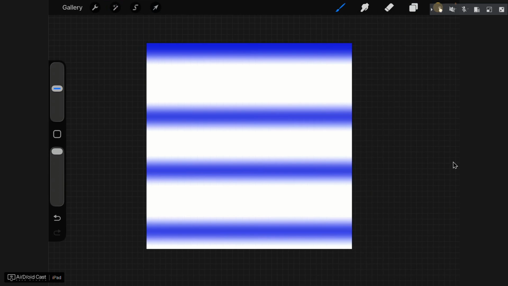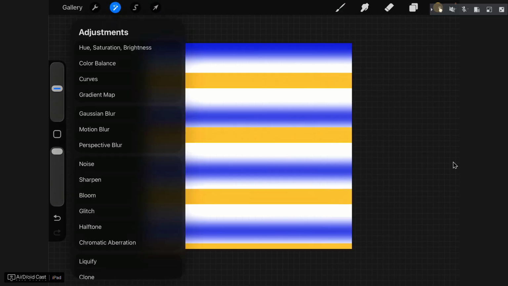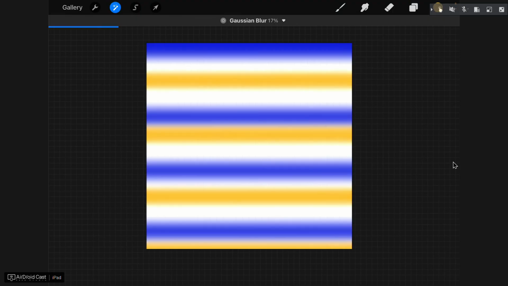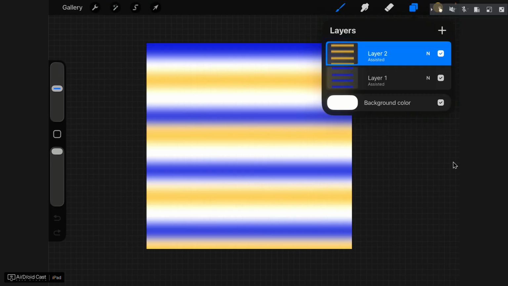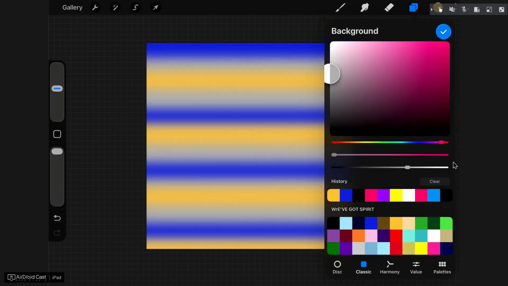I want to give myself a little bit of space from the blue because that's what the other one looked like, and it was overlapped a little too much, so you didn't really get the color variations like I like to do. Then I'm going to go back in and Gaussian blur that. It's easier to see what you're doing and what you're working with if you do it this way. And then you could go in if you wanted to and change your background color,